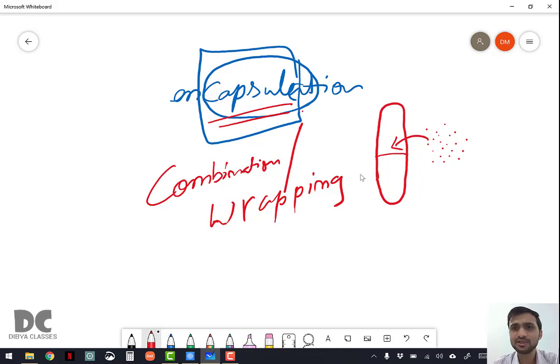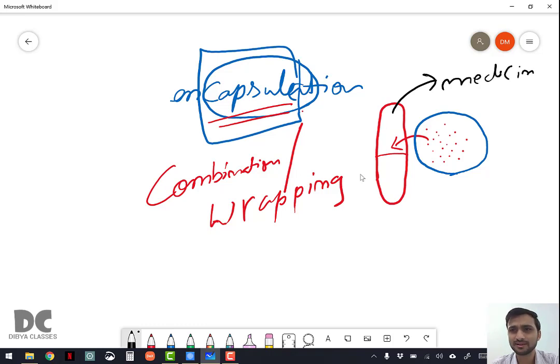So here the capsule is covering something, and it is covering what? It is covering this actual medicine that is in form of small granules. Why is it kept like that? Because it is quite bitter in taste, and it is not in the form of a tablet, it is in granules, so you have to keep it somewhere, and so a capsule is used. But this capsule by itself is not the medicine, it's just a kind of a plastic thing, but the main medicine is these granules which are present inside this capsule.